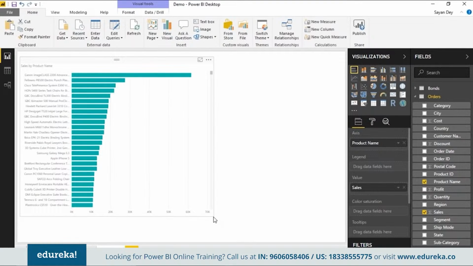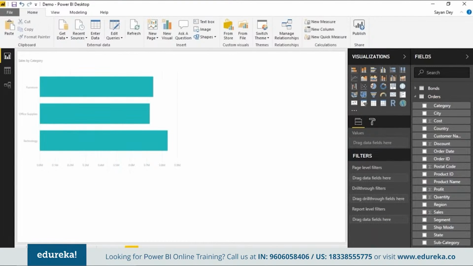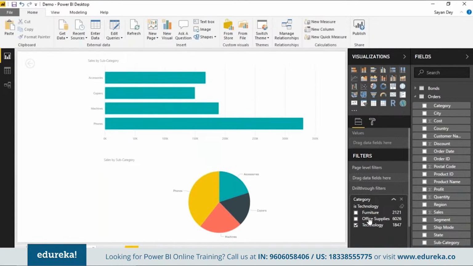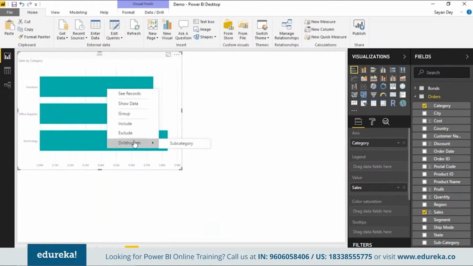So what I'll do is take the subcategory and put it in the drill through filters here. Now remember, on the category page I have no filters, because that's my main page, so nothing should be applied. Everything about my categories. And the subcategory page is where I have everything about my subcategory. Here obviously I've selected a category, so that is filtered out. But then further I can go back and select my product from here. So the idea is that you will navigate from here. You want to go to drill through, you want to go to subcategory.